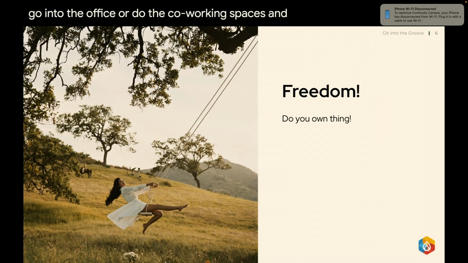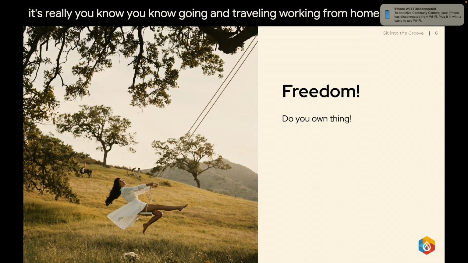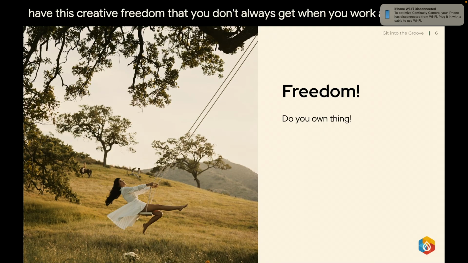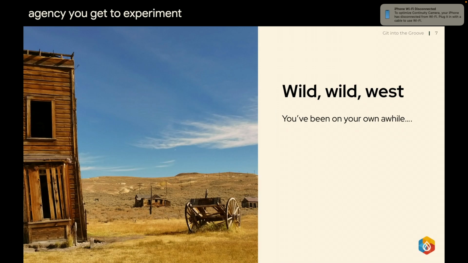When we're on our own, it's really going and traveling, working from home, from a cafe, from a caravan. Working on your own, you can control your income, set your rates, and grow your earnings. There's a better work balance most of the time when you're freelance. And you also have creative freedom that you don't always get when you work at an agency. You get to experiment without those rigid constraints.